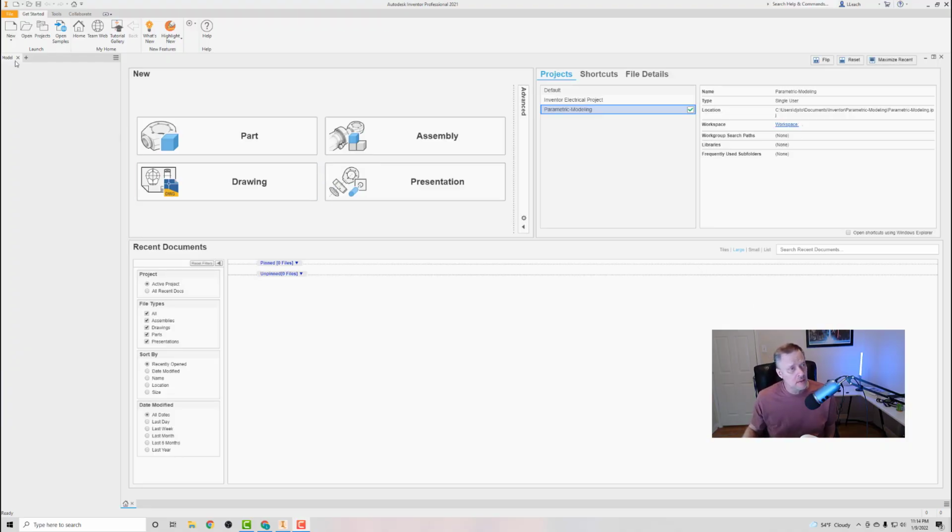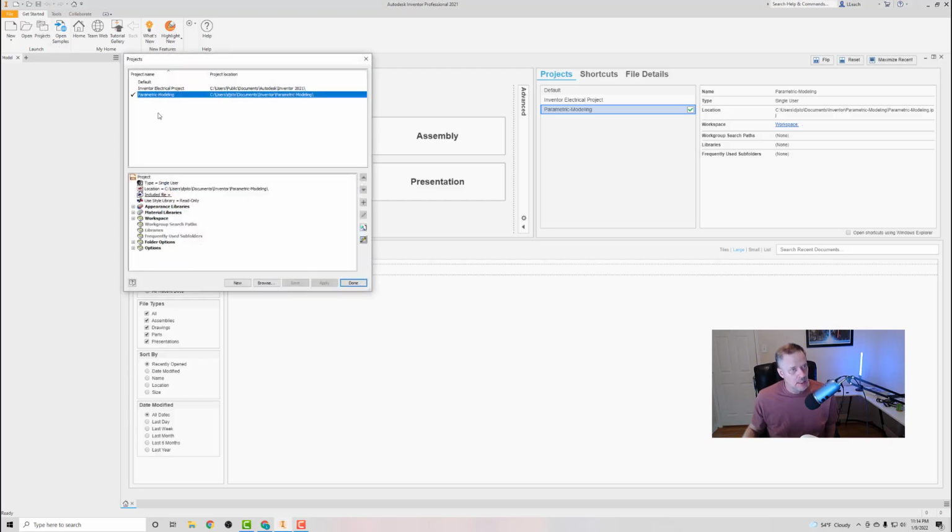No, I'm kidding. We're going to go to projects up here at the top, and it says double click on the Parametric Modeling project name to activate the project as shown. I already have that done. If you don't see that project, then you would go to new, you would create that project. But since I already have it there,